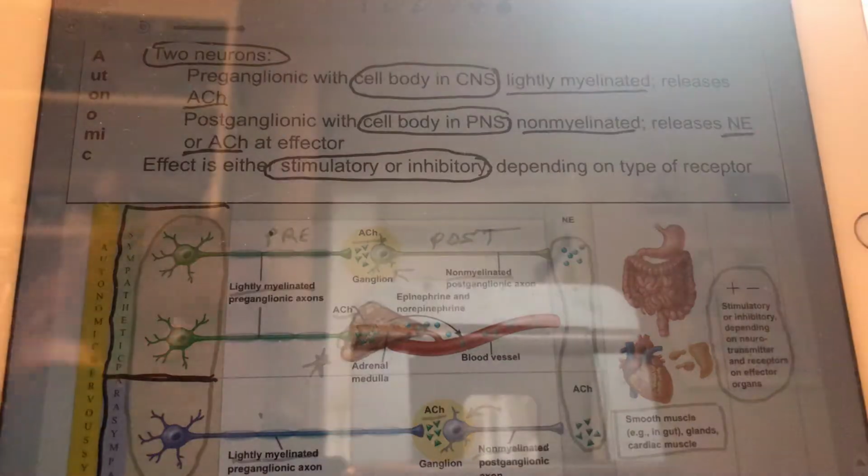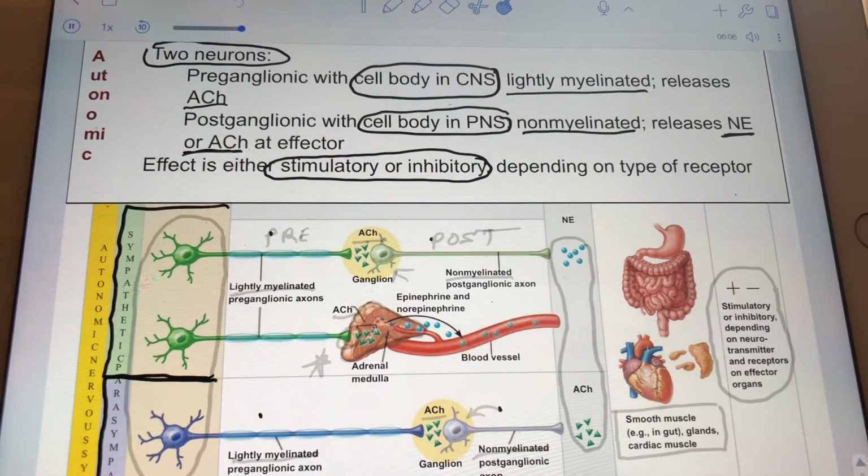2 neurons, 1, 2. 2 neurons, 1, 2. However, in this middle image, it's difficult to infer, at least upon first glance, that there are 2 neurons, because the illustrator has given us an adrenal gland. We have 2 adrenal glands. They sit on top of our kidneys, and they are strictly innervated by the sympathetic nervous system, which I'll mention again later. And part of the adrenal glands is nervous tissue, and therefore there is a second postganglionic neuron inside